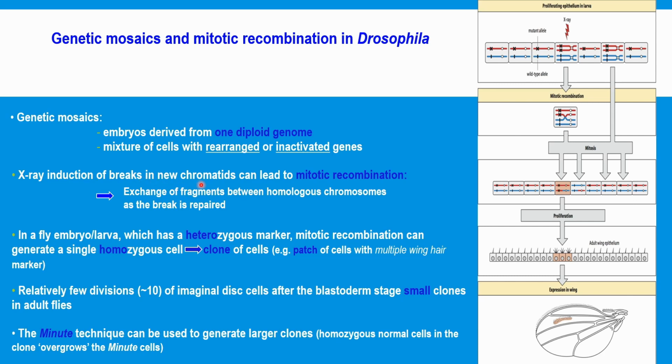And when these breaks get repaired, it's not always that we get the right result. If one part of the chromosome is broken, it uses the other homologous chromosome as a template to repair the break. And sometimes, with some frequency, there is an exchange of the chromosomes during the repair process